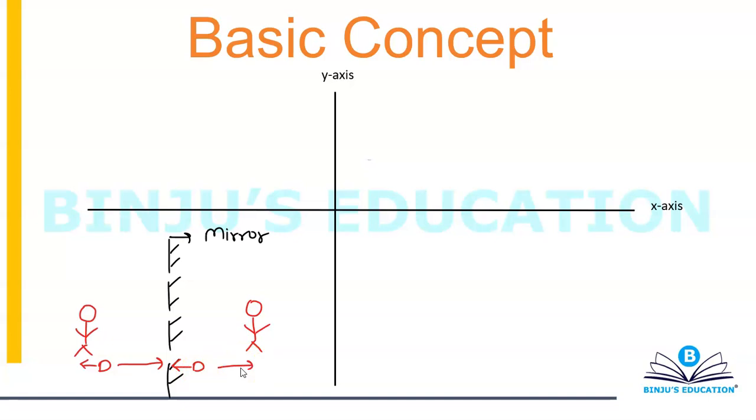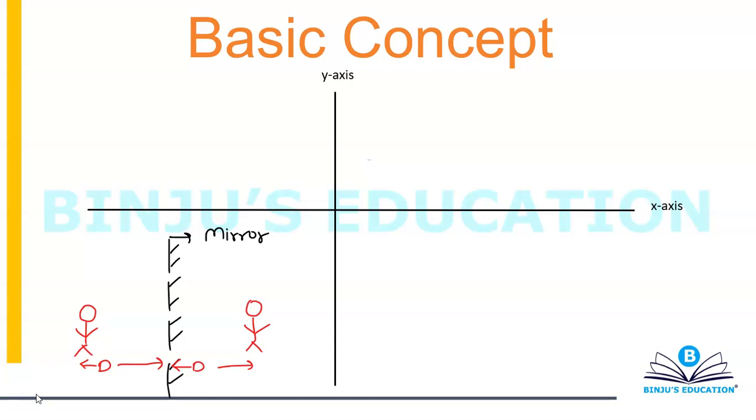For example, if you're standing in front of a mirror, at a distance of, let's suppose, 1 meter, then your image from the mirror will also be formed at a distance of 1 meter. If you're standing at a distance of 2 meters from the mirror, then your image formed will also be 2 meters from the mirror. Okay. And second thing is, there is no lateral displacement. Like, what I mean by that is, your image is exactly in front of you.